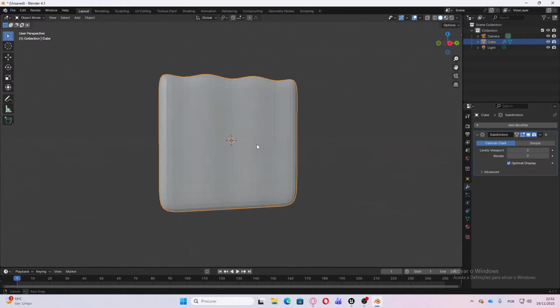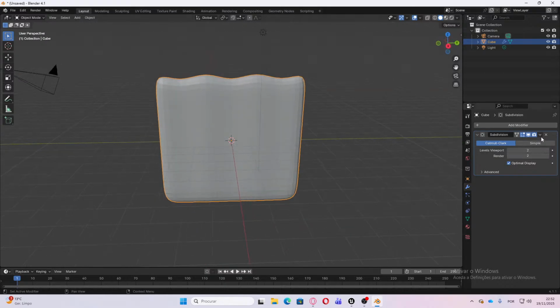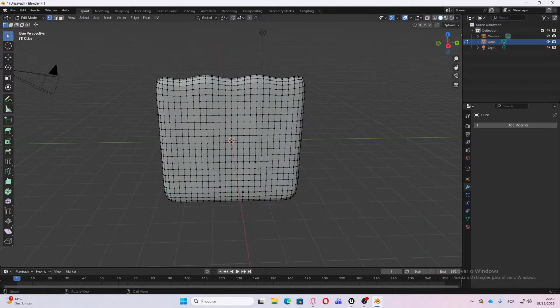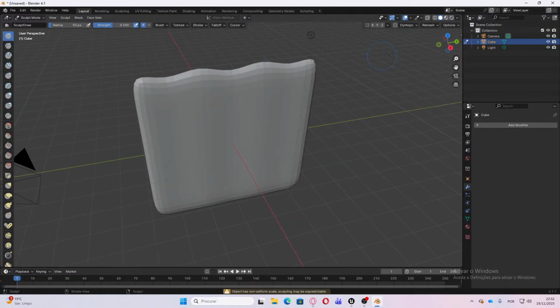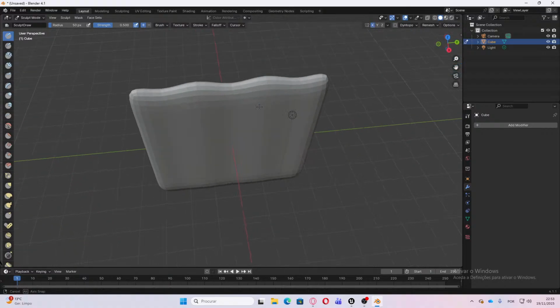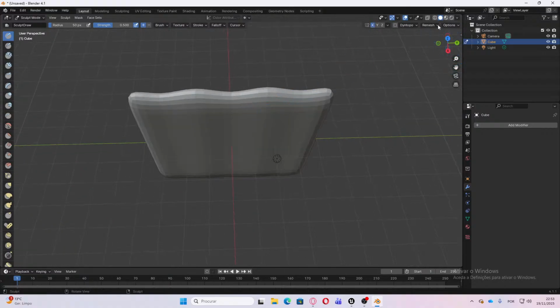Okay, I think 2 should be enough. Let's apply this, go to edit mode, actually let's go to sculpt mode, and let's mirror it on the x-axis. Okay, actually on the y-axis. Okay, and then